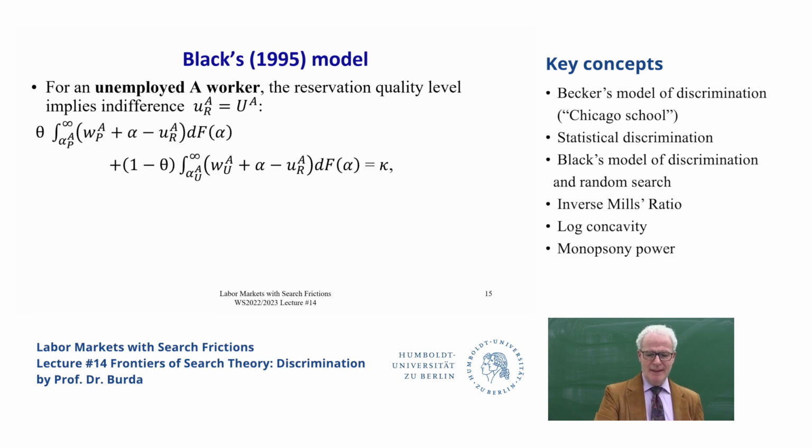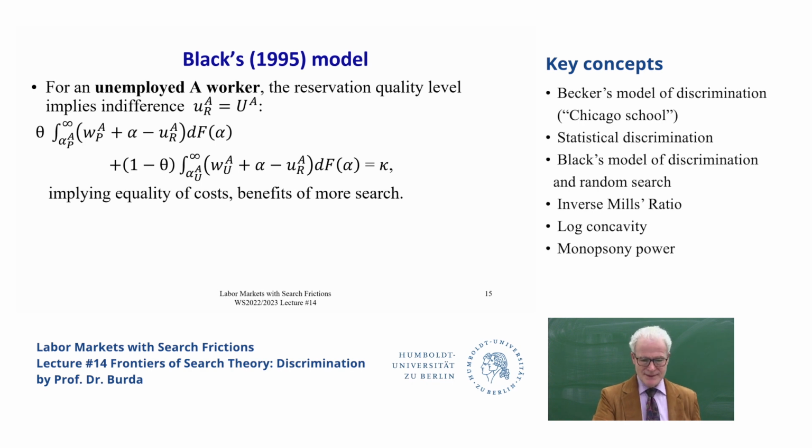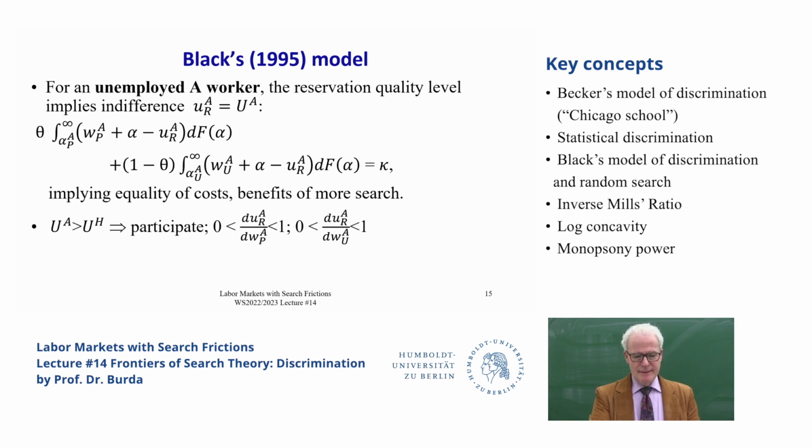Okay, so it turns out that it is simply, for the A guy who has the probability of getting either type of offer, right? And you can see the expected utility is the sum of the two probabilities assigned to the respective outcomes. And that's going to be equal to the marginal cost of this extra job interview search step, which we're going to call kappa. Okay, so it's a classic equality of a marginal search step, right? Expected benefit equals expected costs. And therefore,